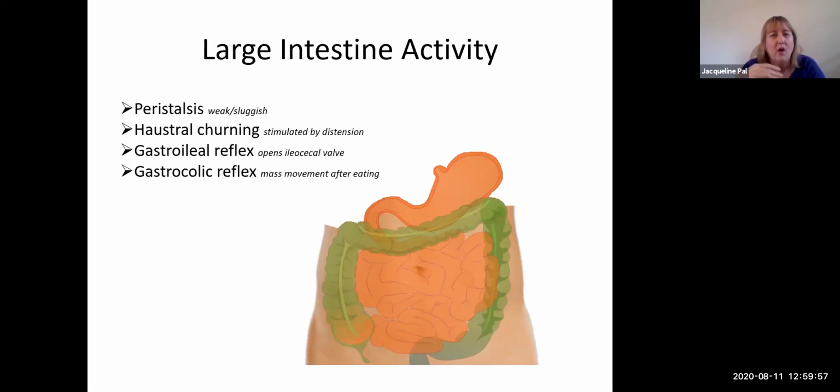And so what this stimulates is something called the gastrocolic reflexes, which means we're going to get some of that peristalsis. So whatever was sitting in the ascending colon has to move along to the transverse colon, whatever was sitting there needs to move along to the descending colon, whatever was sitting there, or the sigmoid colon needs to move along to the rectum. So we have this gastrocolic reflex, meaning stuff is going to move down towards your rectum